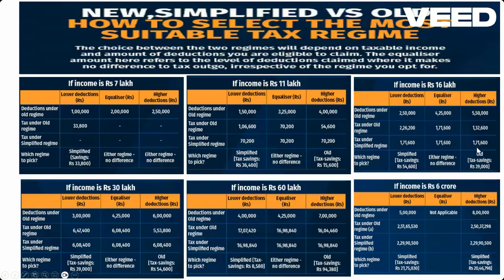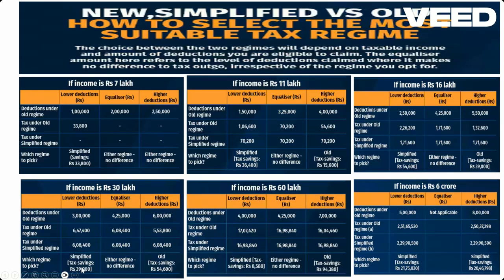Again at 16 lakh as well, you can see not much difference in the equalizer. Of course, if you are showing more deduction, then you can save more under the old regime. So the old regime will be much more beneficial than the new tax regime. Same for 30 lakhs also: for the equalizer, you will see not much difference. With higher deduction, tax saving will be more. Of course, with lower deduction, tax saving will be more